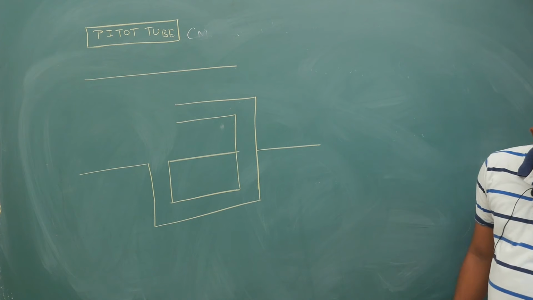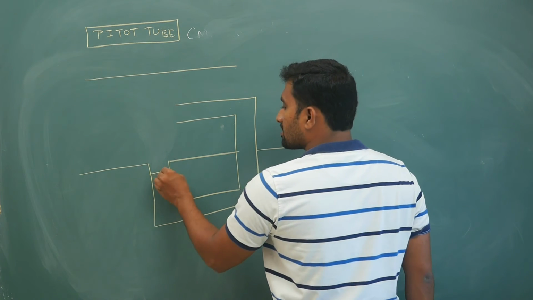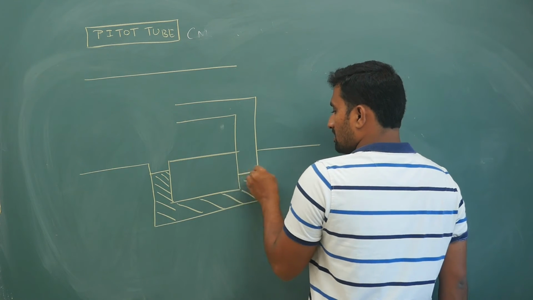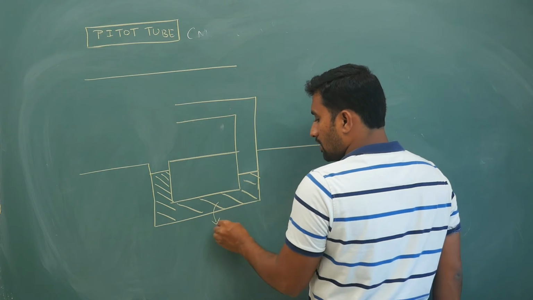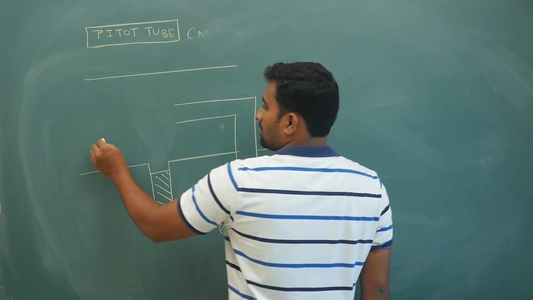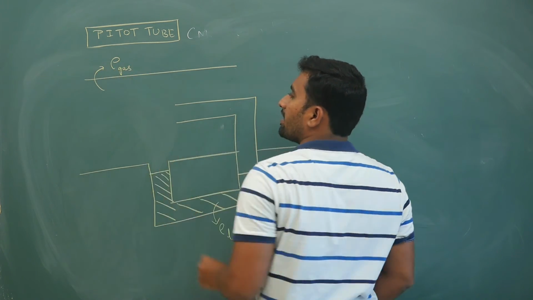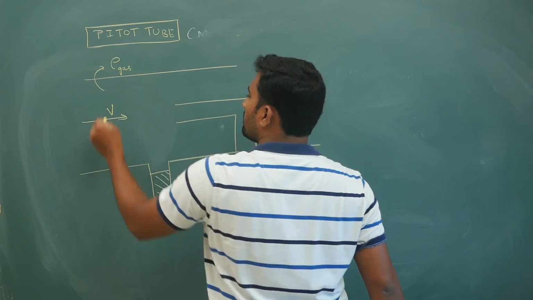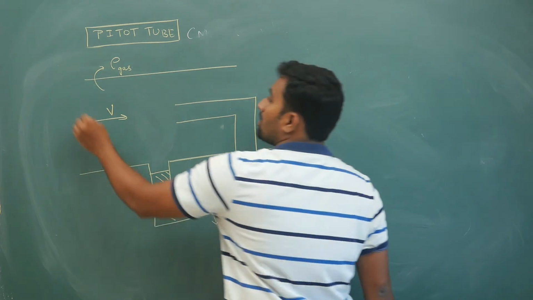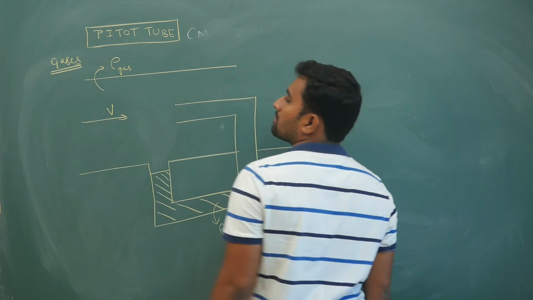in this there will be liquid. Now this side it will be at a slightly higher position, some other liquid. This is your rho of liquid, mercury or something will be there, and the density of gas, rho of gas, you can take. Your fluid will be flowing like this, some gas will be flowing like this. This is for gases. Now you are supposed to calculate your gas velocity.